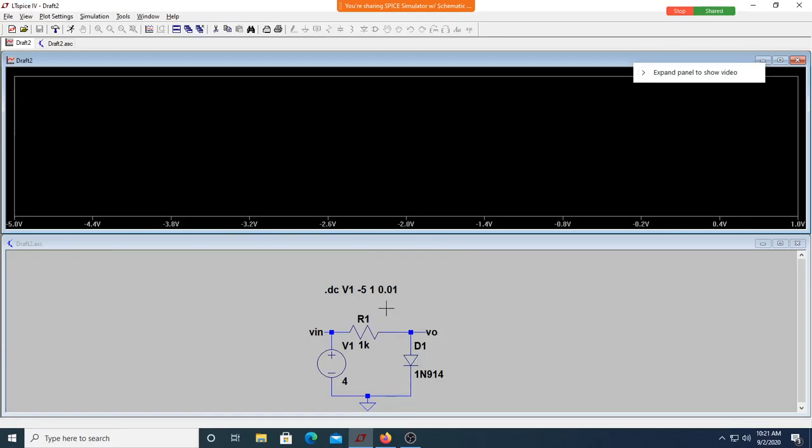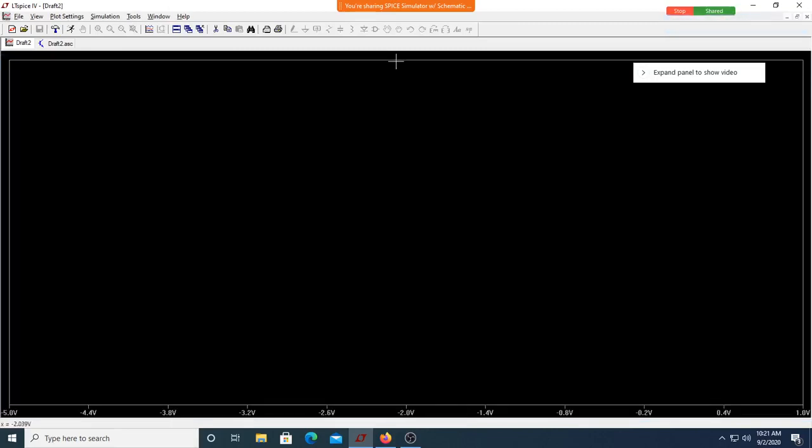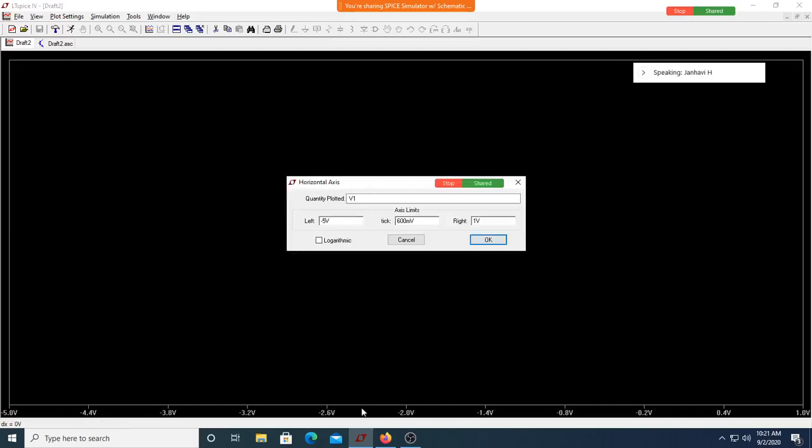So there is a possibility in LTspice to change the x-axis sweep parameter. What I'll do, I'll just expand this. See here, you come down. Can you see that scale? Yes, sir. You right click on that. See, the horizontal axis quantity plotted is V1.